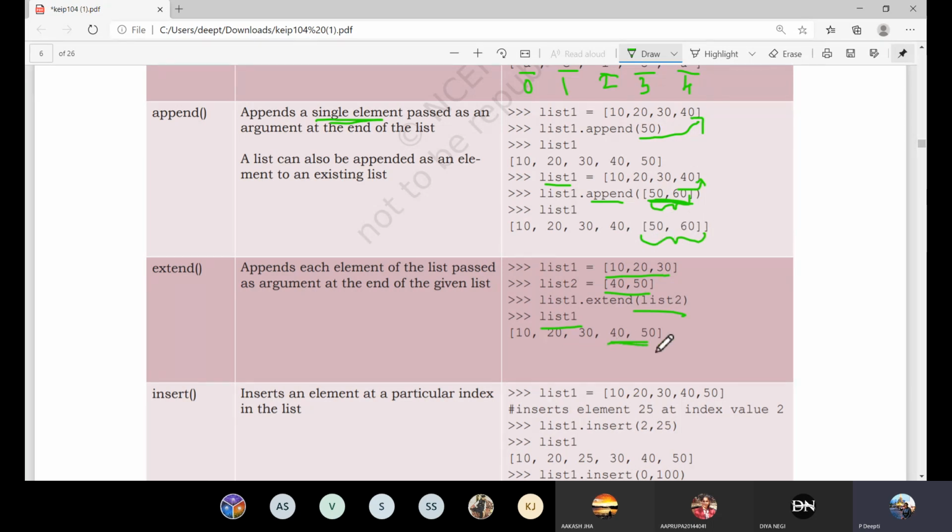यहाँ पे उसने 40 50 को देखो अलग से square brackets में नहीं डाला, comma comma, like it is looking like one single list. The same list is being extended. Okay, but whereas appending is joining, okay, तो इसमें पता चल जाएगा कि ये लिस्ट के साथ इस लिस्ट को join किया है. Okay, so in your exam whenever there are find the output or write the output type of questions and append and extend use होते हैं, then you have to be very careful. You have to remember that append includes square brackets of the other list, whereas extend removes the square bracket of the other list. Okay,